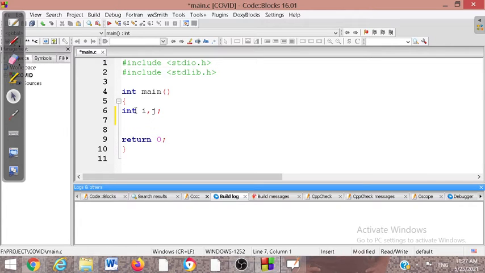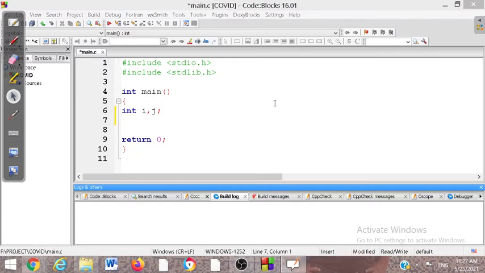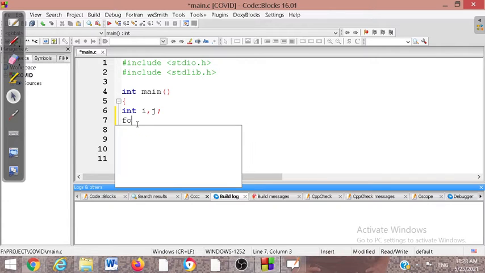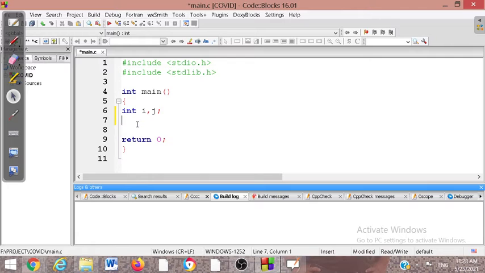Now finally I want to execute a loop here, because I know that in the pattern, moving from 0 to 1, 1 to 2 and 2 to 3, when we move along the columns and along the rows, we obviously need a loop. So I am going to take a loop, the for loop. Today I could write this code with the help of a while loop.